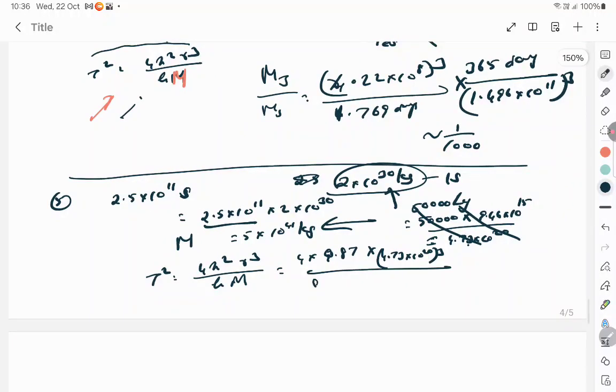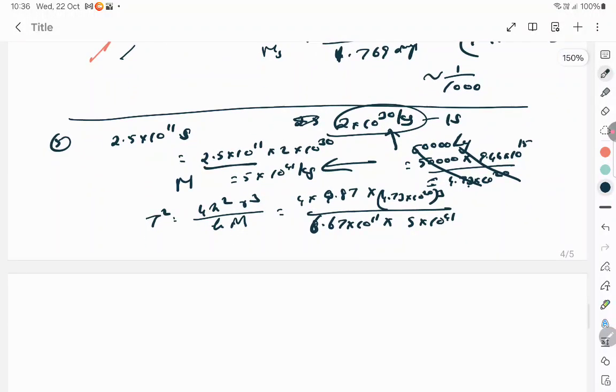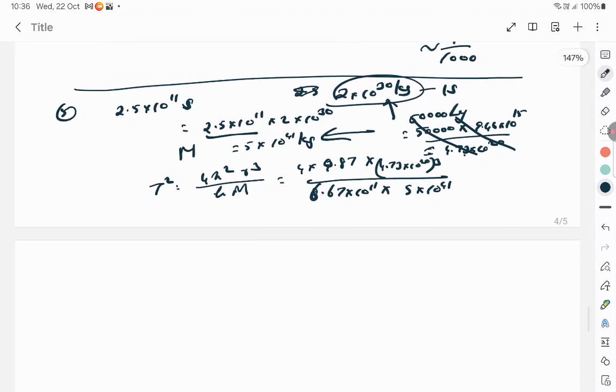divided by capital G, which is 6.67 into 10 to the power minus 11, into capital M, which you just calculated as the galaxy's mass, 5 into 10 to the power 41. So this you have found T square, and then do a square root of it, you'll get T. It turns out to be 3.54 into 10 to the power 8 years,